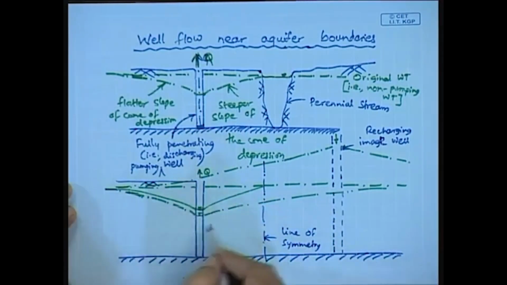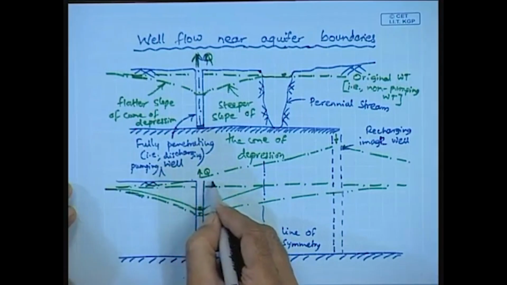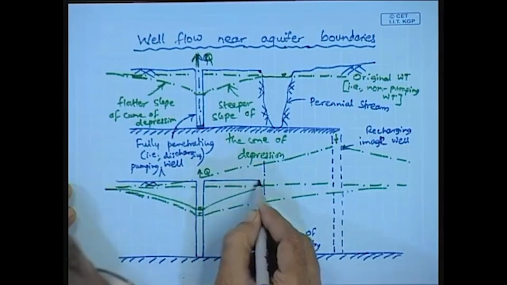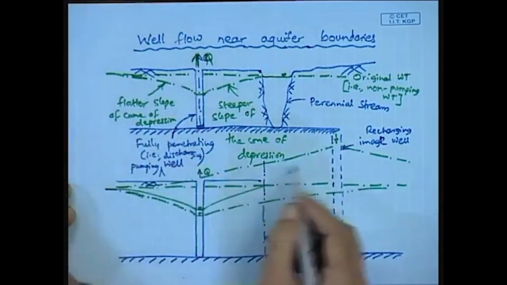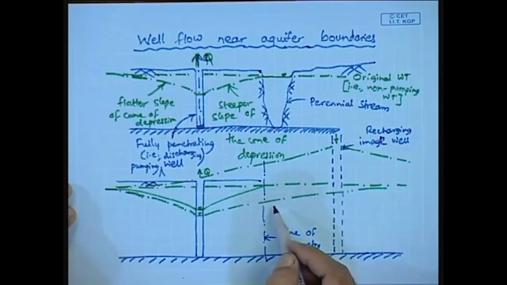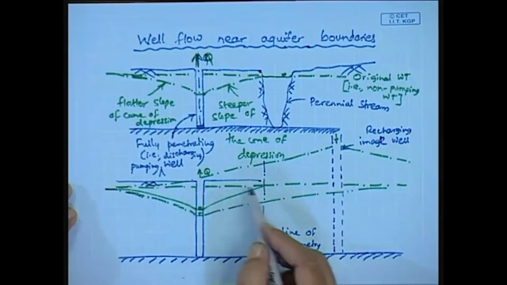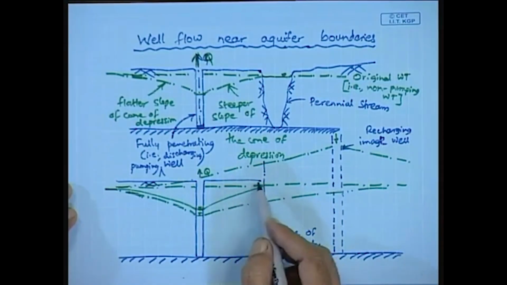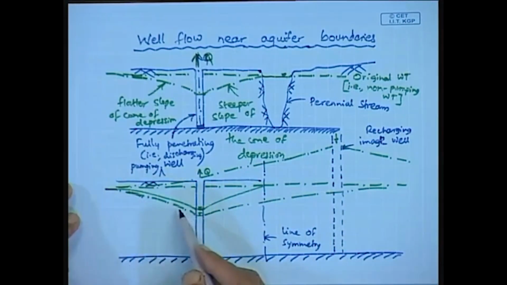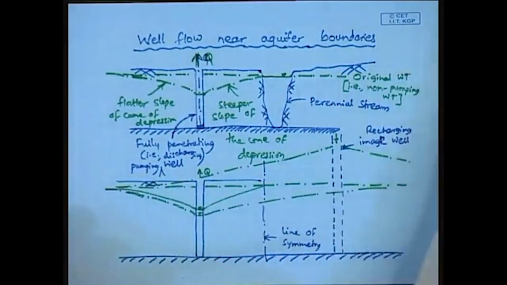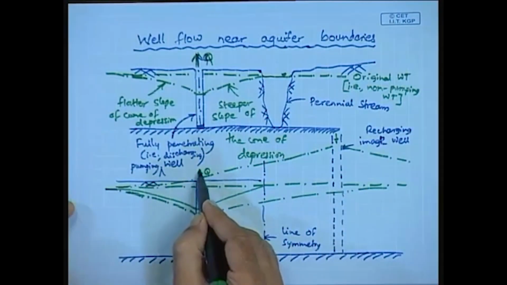And this is the actual discharging well, which is on one side of the perennial stream, and because of the perennial stream, it is getting more radial contribution on the perennial stream side than the other side for this discharging well. So therefore this cone of depression